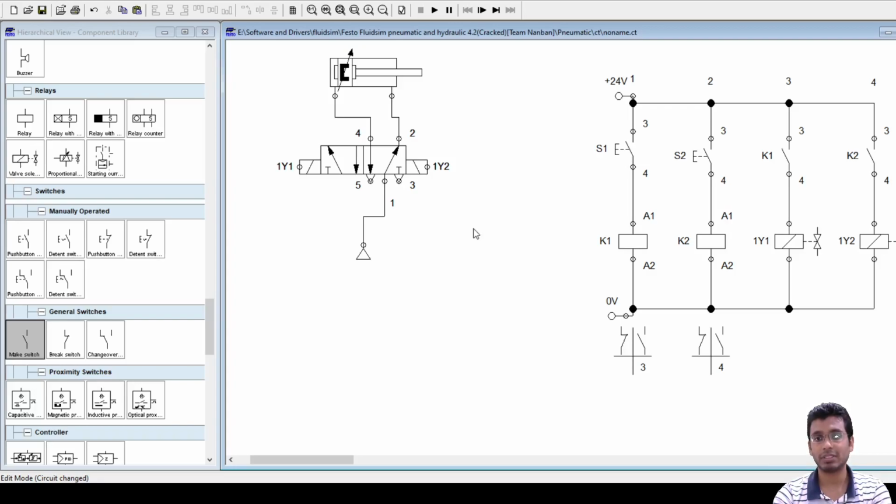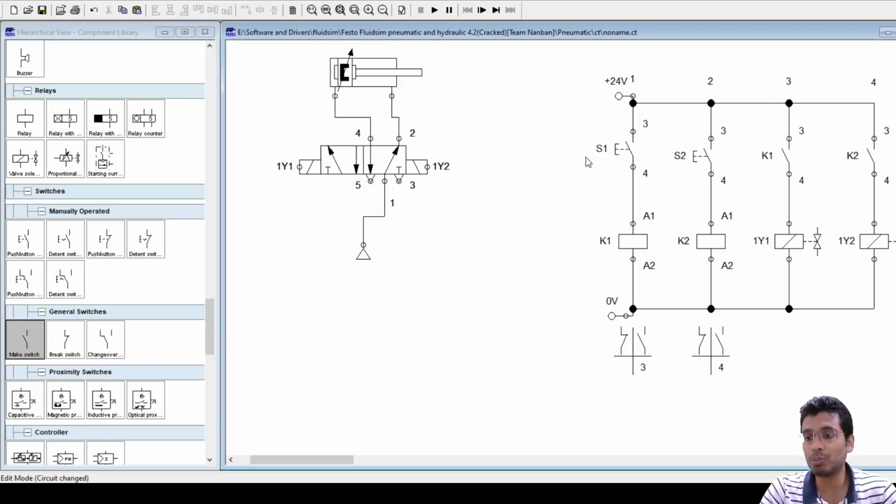Anyone else? Input? Push button, sir. Yeah, this is one of the most basic things you should understand whenever you are doing any automation, right from pneumatics to electro-pneumatics to PLCs. What are your inputs? Here your inputs are your push buttons, because these are the inputs you are feeding into the system. These are the elements with which you are going to actually control. So your inputs are your push buttons here, your S1 and your S2.